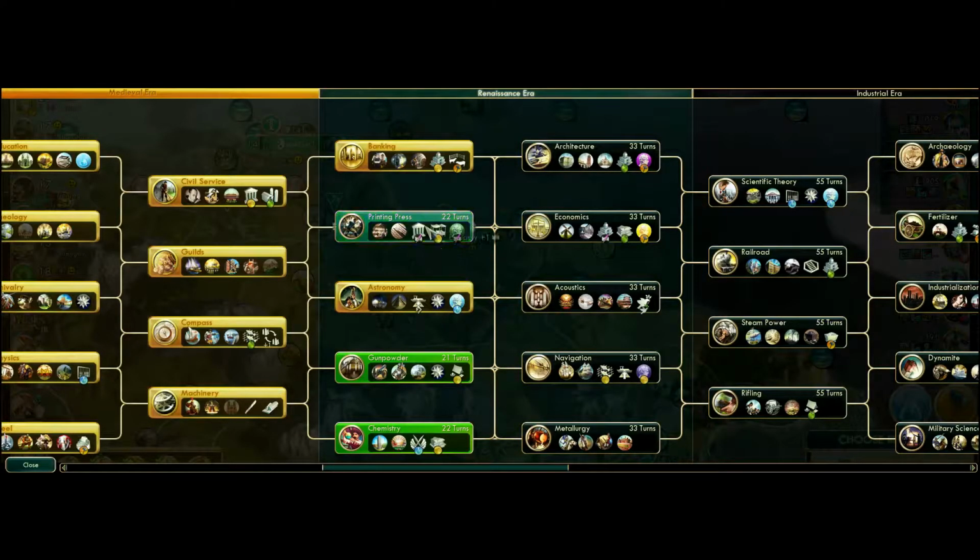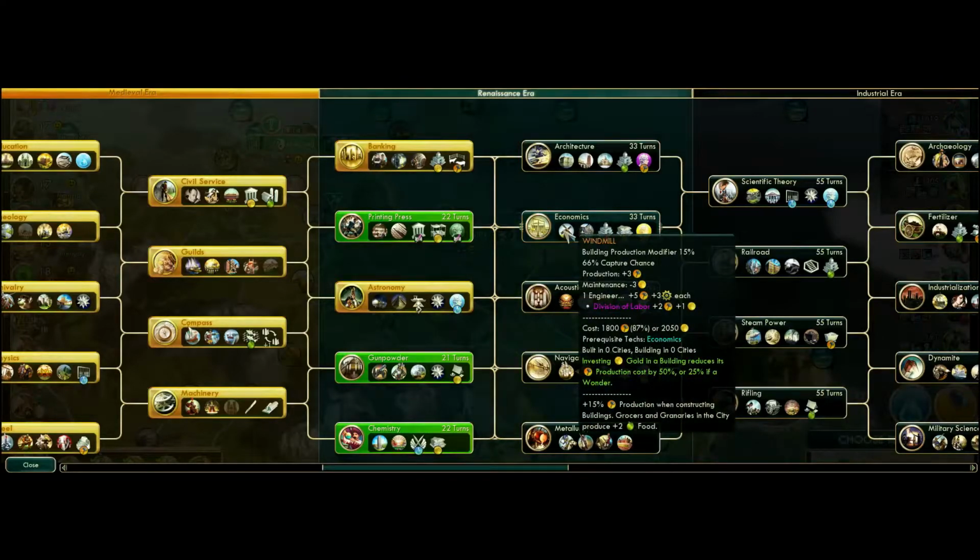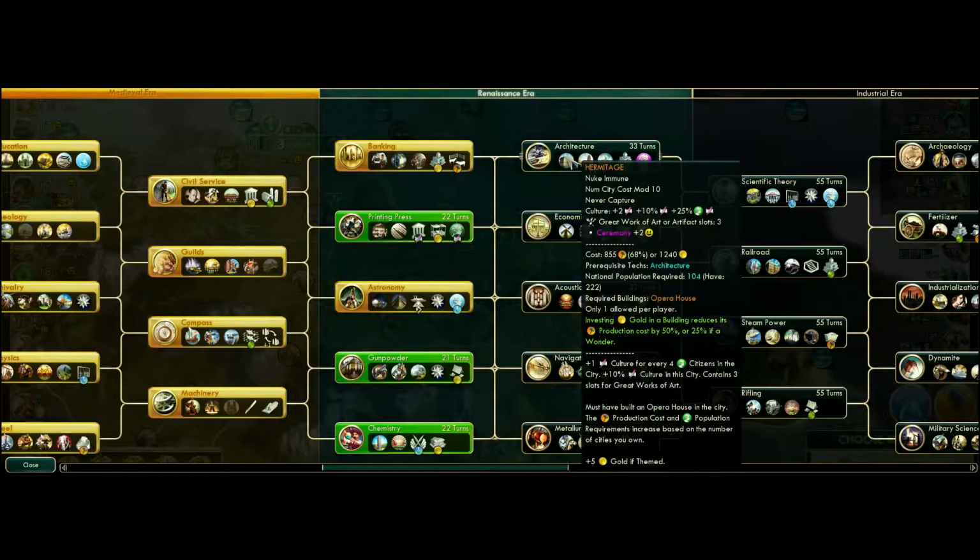Well, definitely printing press, but after that, plantation +1 food. Uffizi, do we want this? Well, nope, since we don't have aesthetics. Grocers and granaries, extra food. Production when I kind of like the production when constructing buildings. Or here we would get